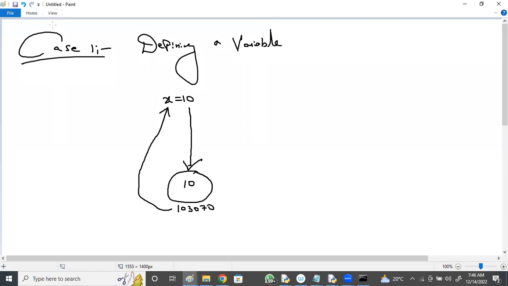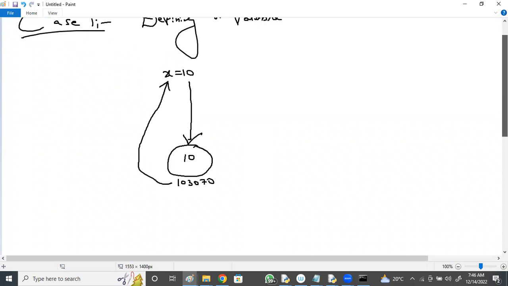So don't say x is storing 10, x stores the address.